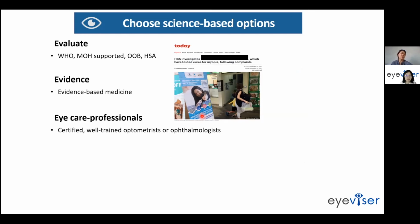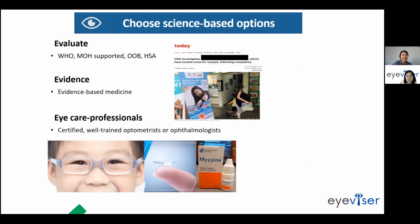Okay, so what are the options now available? There are different options, which later we will go through. But what I want to highlight here is, whatever the option is, evaluate your source. They'll be mentioned in WHO, MLH will support it. Some of the devices, HSA will have approved it. And OOB is what I was talking about, the Optometrist and Opticianry Board. So we are all licensed and trained professionals who can prescribe glasses, contact lenses, all that, and carry out some of the treatments. So all these treatments are based on